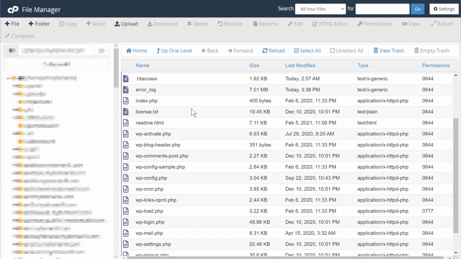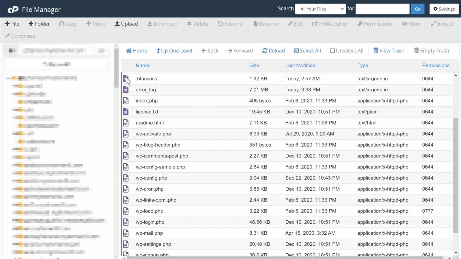Now, you can do this inside your cPanel and your file manager, just as we did the previous step, but some SEO plugins also allow you to edit the htaccess file directly on WordPress. So choose whatever method. The line of code that you're going to add does not change in any case. So what I'm going to do is just use the file manager because it's already open here. And I'll do the same steps.